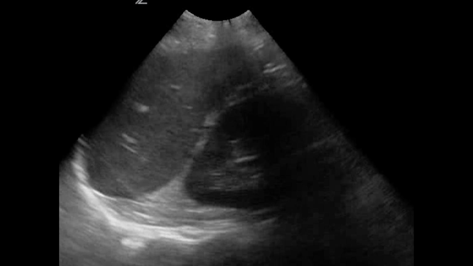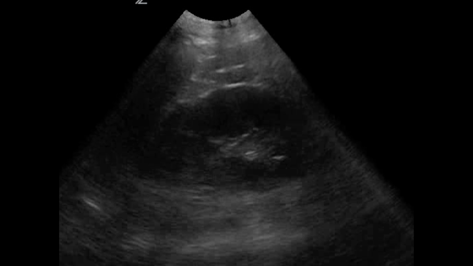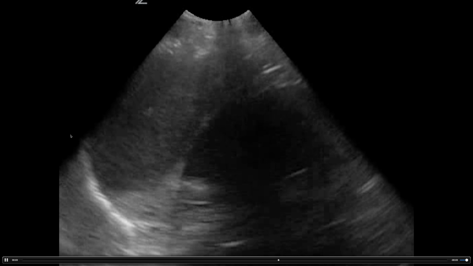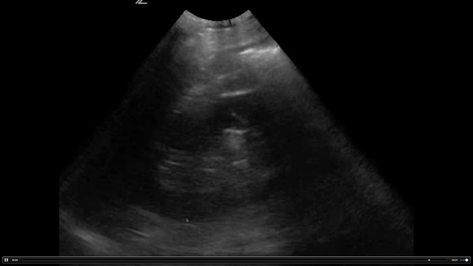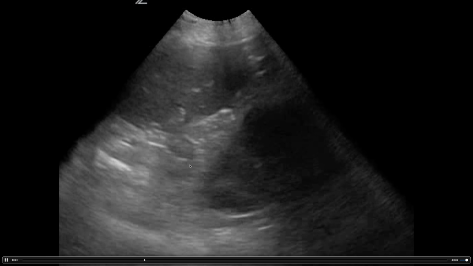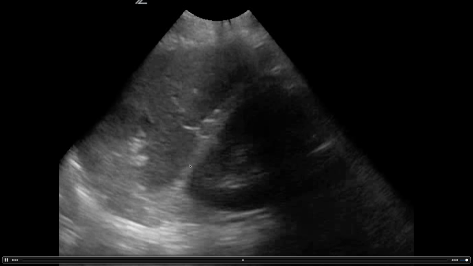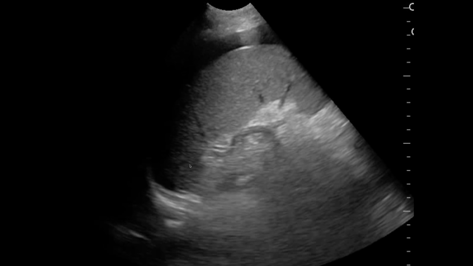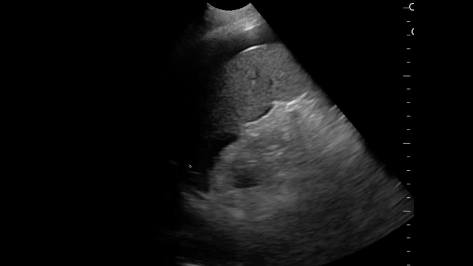You have your spleen on the left, kidney on the right. That curvilinear bright white line here is going to be your diaphragm. Notice the spine does not go above the diaphragm, so this is normal. No free fluid there. It's a good, really quality image, as opposed to this image, which is also quality but